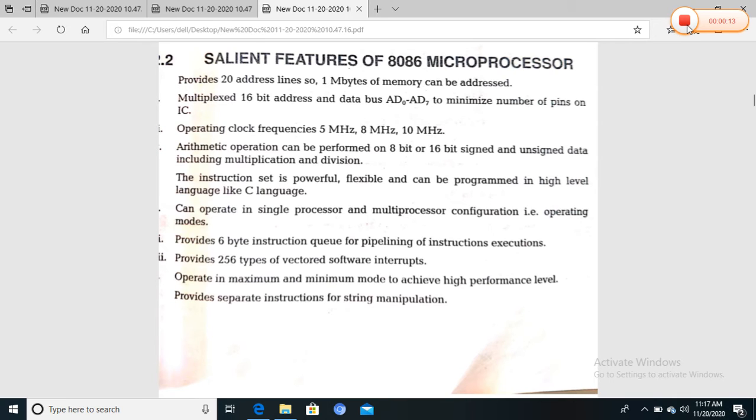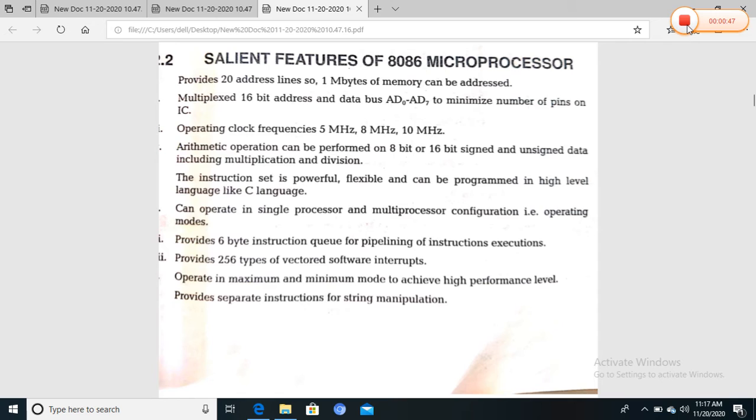8086 is the first 16-bit microprocessor developed by Intel and launched in 1978. The introduction of the 16-bit microprocessor was a result of the increasing demand for more and more powerful and high-speed processors. The 8086 has a much more powerful instruction set along with architectural developments which imparted substantial programming flexibility and an improvement in speed over the 8-bit microprocessor.